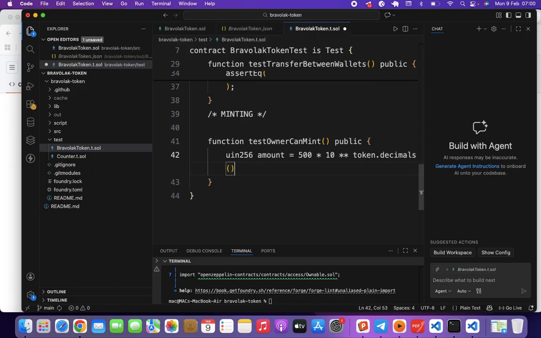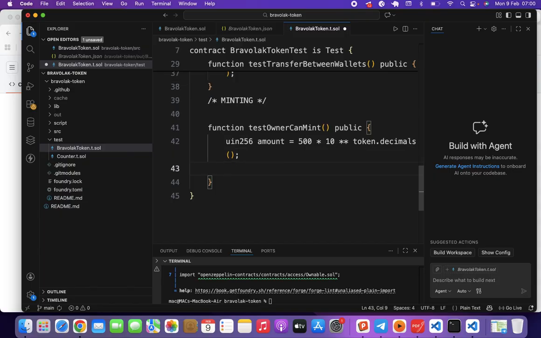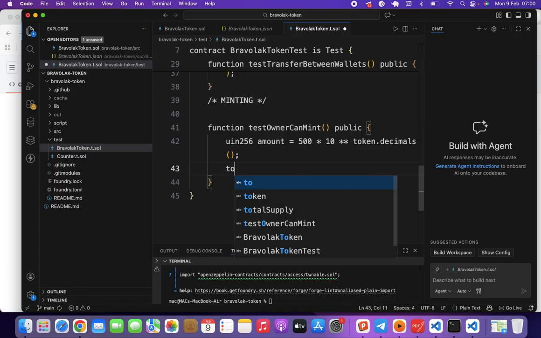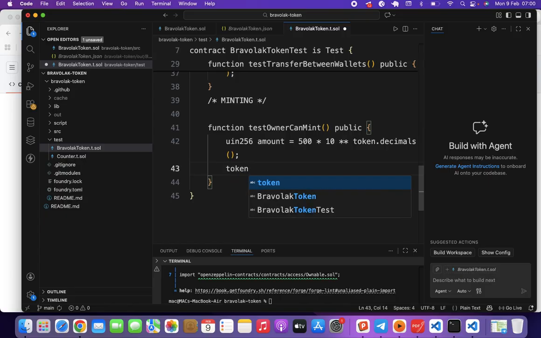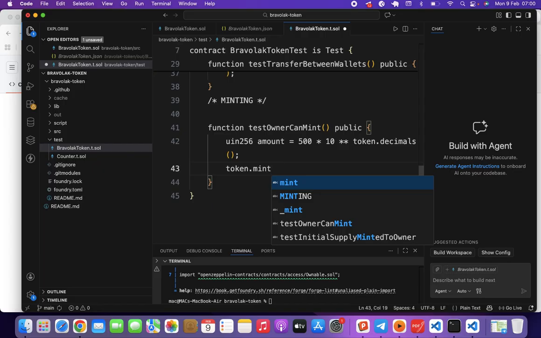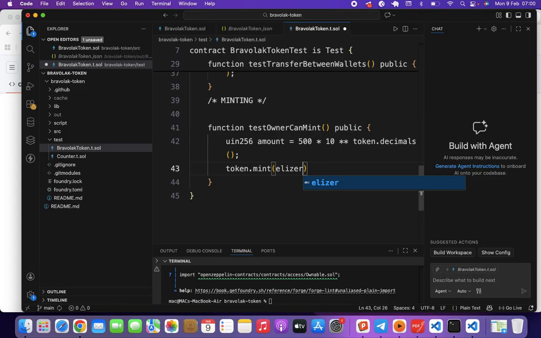Then terminate this variable declaration. Then we move on. Token dot mint, and who are we minting to? We want to mint to Eliza. Maybe we should mint to Faith this time around. Okay, let's say token dot mint to Faith. In as much as we also have Faith, don't let everything go to Eliza. So token dot mint to Faith, the amount we are minting to Faith,